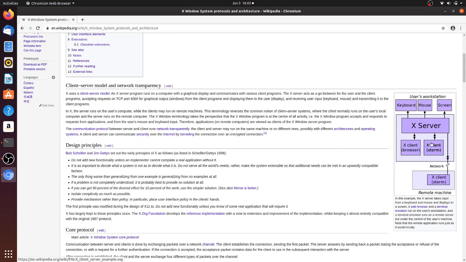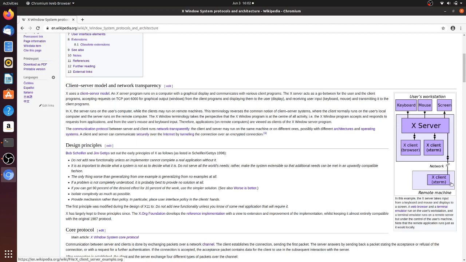This client will interact with the X server, and the server will show the output of the application on the screen. Here it is getting the input and showing the output. The clients are the window manager, browser, Xterm, whatever it is. So this is the architecture of X and how X works.